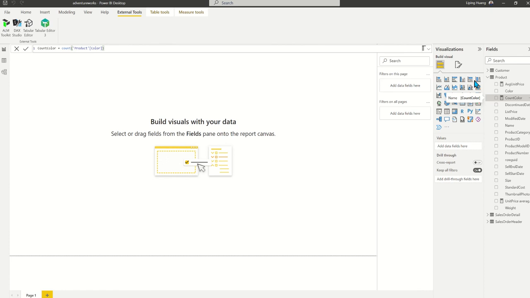So after it's been published, I had created a couple more measures on my local model. And what I need to do is to compare my local model with what's being published to Power BI service. So I can launch ALM Toolkit from my External Tools tab